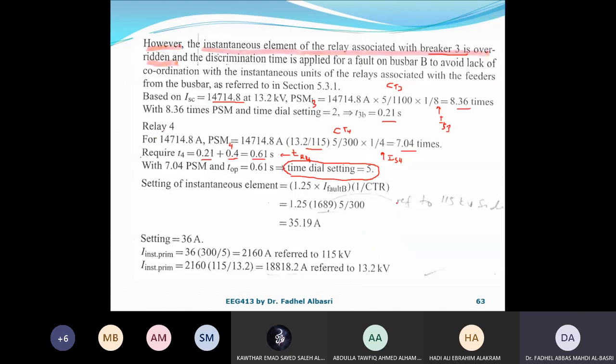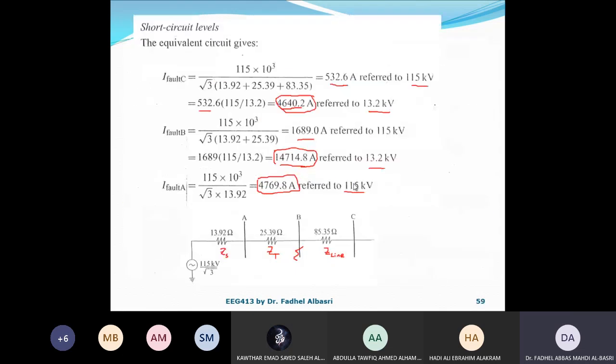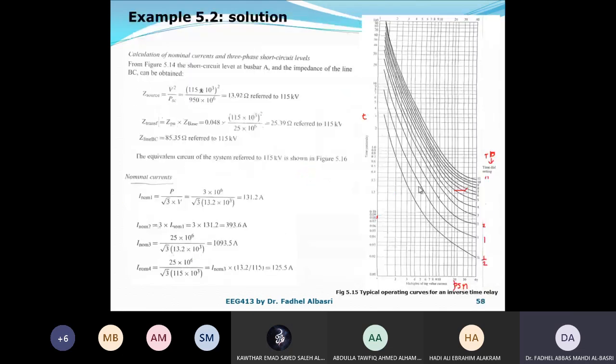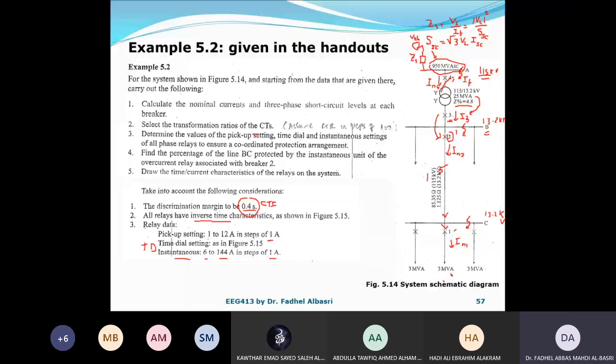I'm finished now. The last part is the instantaneous elements for relay 4. Same thing. I will go to here. The instantaneous level here, I will finish at this slide. For instantaneous level, you should always find the remote fault current, but refer to